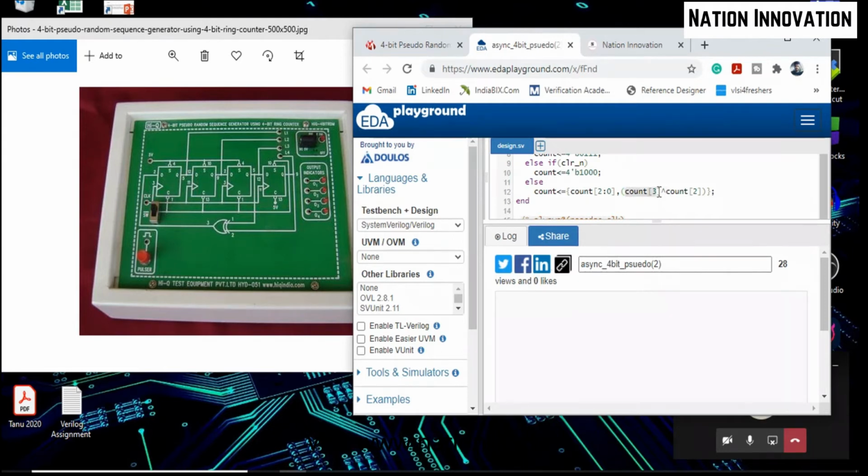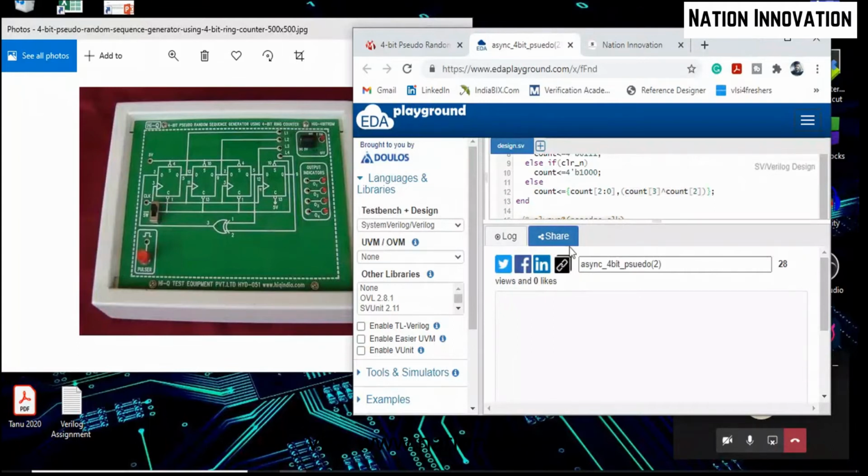No, it will be the LSB. Here it will be the LSB bit, because 2 down to 0 is represented here, and we are using a concatenation operator. So the 3 bits will be here and the 1 bit will be here. So we have designed according to this circuit, and this circuit is a standard one.